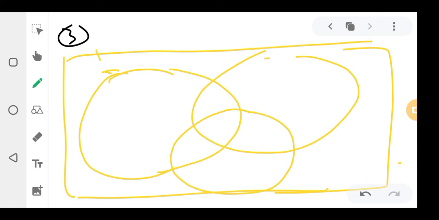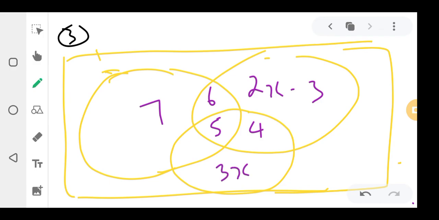So if, for example, this side they say 2x minus 3. Here they say 4, here let's say 5, here 6, here 7. Maybe here they say 3x. Here 1. And then this is mathematics, this is biology, this is science. So sometimes the question can come, they can say find the